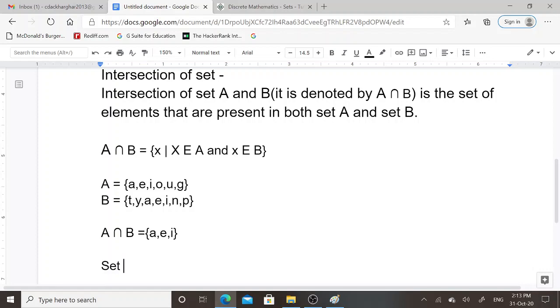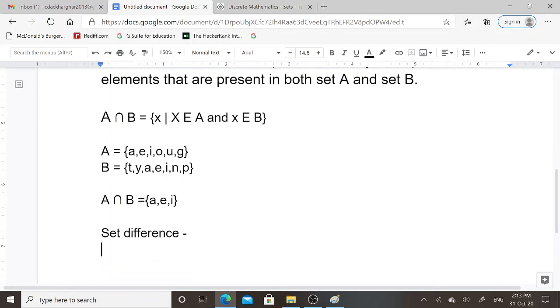Next operation of set is set difference. It is also known as relative complement.